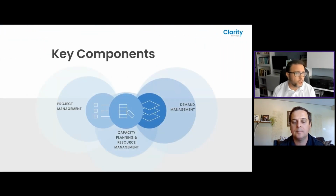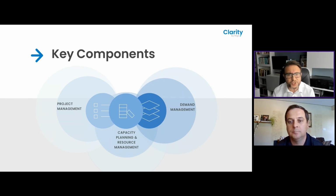So what are the key components? I alluded to one of these a second ago, but we'll take a look at the key components that make up effective capacity planning and resource management. These three elements, project management, capacity and resource management, and demand management, are all essential for building a comprehensive process for managing resources. If you think first off, project management, that provides our framework for executing